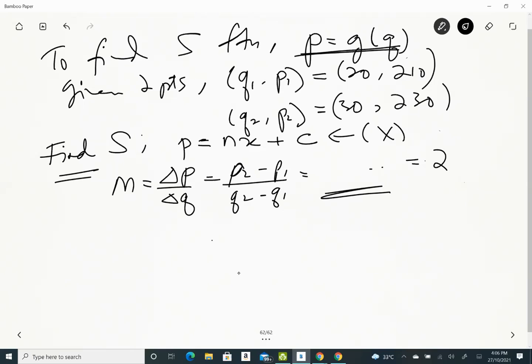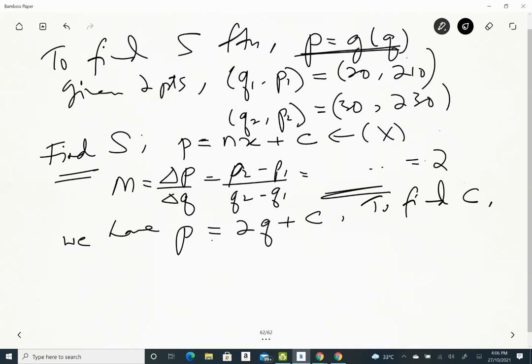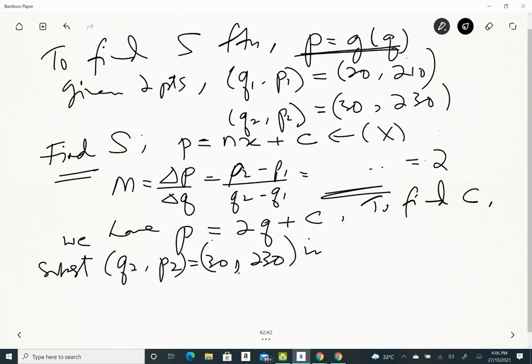Now once you get that, we have the supply function P equal to 2Q plus C, or you can use B. It's okay. So now to find C, we substitute. Let's say I substitute the second point, Q2, P2 equal to 30 and 230, into P. Have you done this to find the value of the constant? If you have not done it, do it now. Okay, good. So I will substitute the second point. What do we have? We have 230